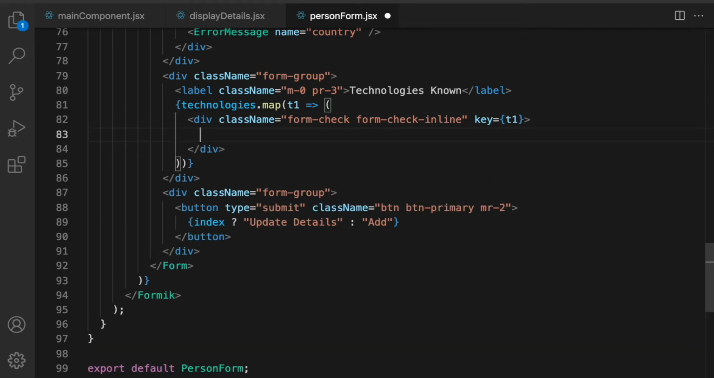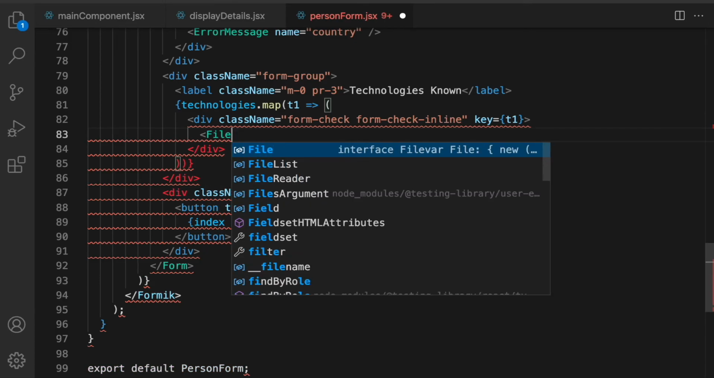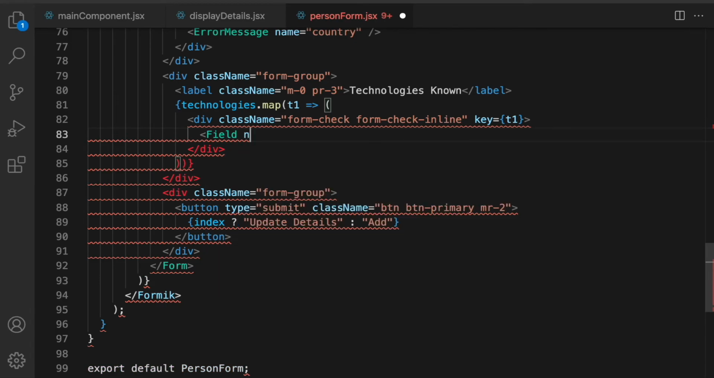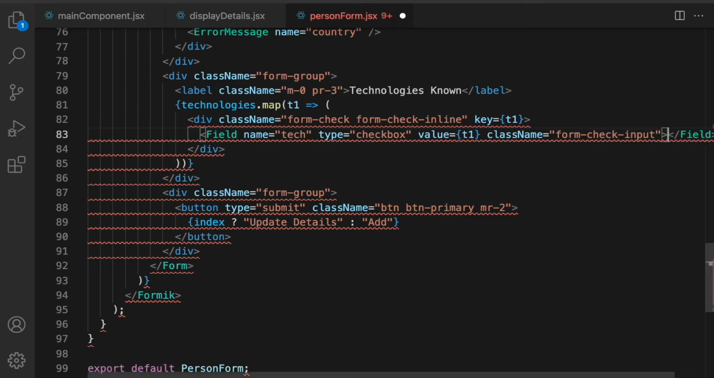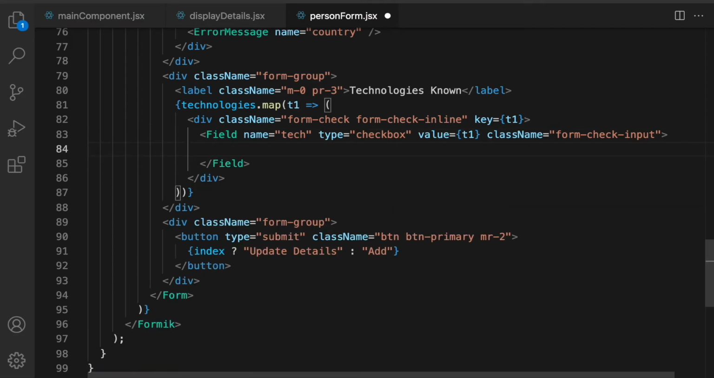And within that we will define our field. What is the name? It is tech. What is the type? It is checkbox. What is the value? Value is T1, and class name is equal to form-check-input. So we will define our field,